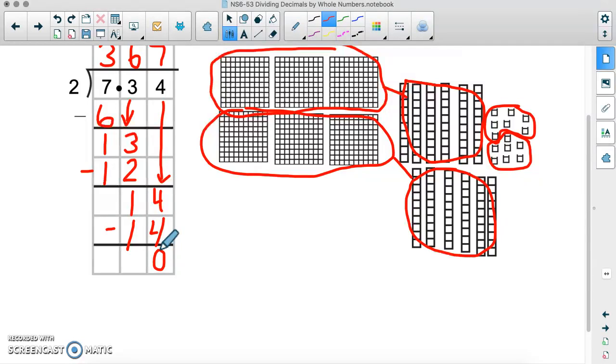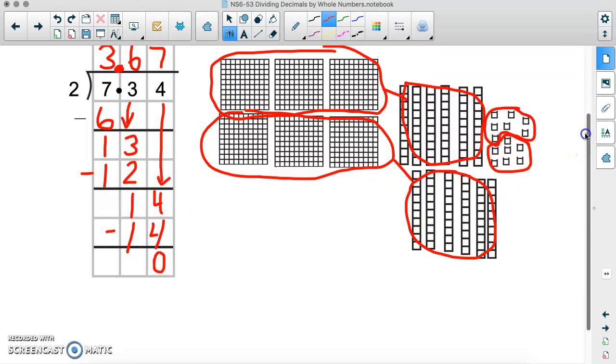So the decimal point in the quotient goes directly above the decimal point in the dividend, so that you line up the tenths with the tenths and the hundredths with the hundredths. So how many hundredths are in each group? We have 7. How many hundredths were placed all together was 14. We have 0 remaining. So here I'm going to move this decimal point right up to above where it was